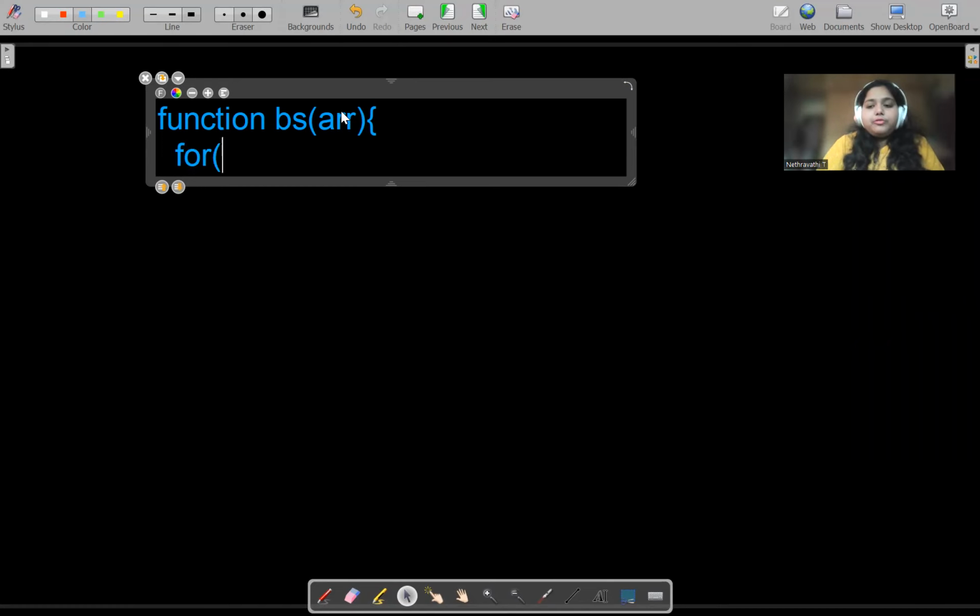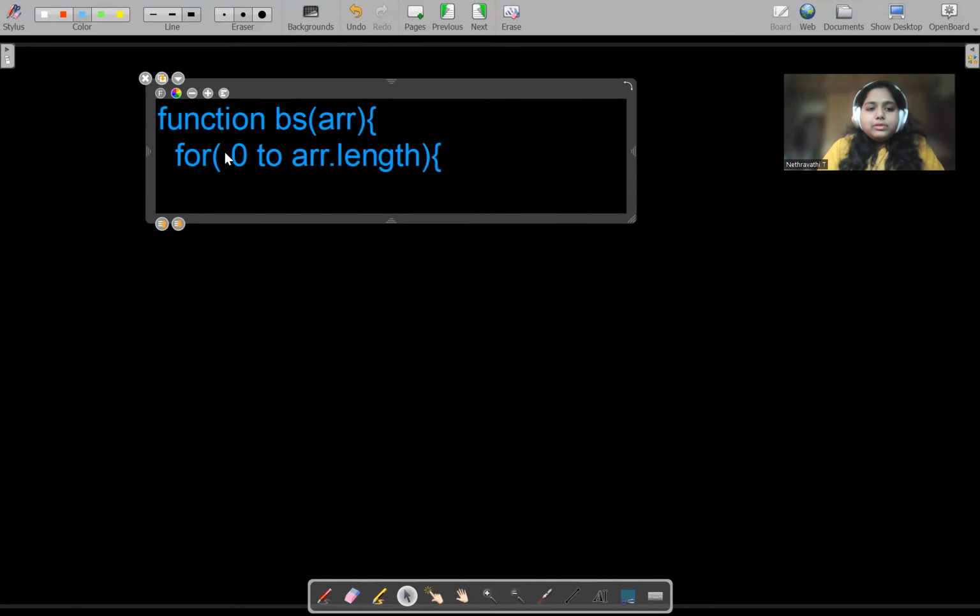We need to run it from 0 up to array dot length. I will run from 0 to array dot length, and next we